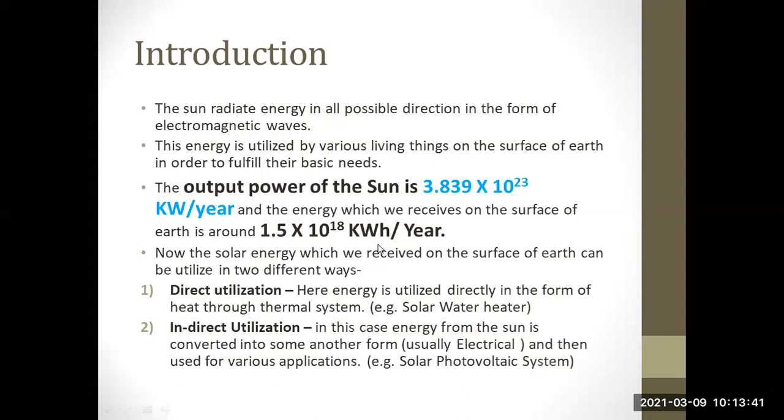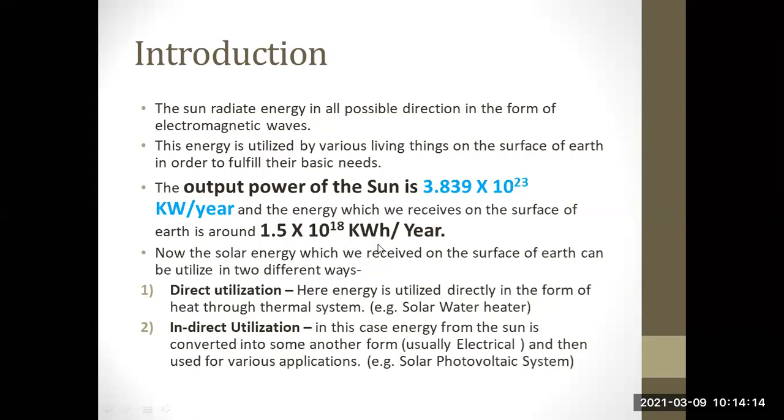So a solar photovoltaic system is a device which directly converts the input solar energy into output electrical energy, and then depending upon our applications, we use that energy for different purposes. Maybe to run some electrical appliances, it may be a fan, it may be a load, or it may be any DC machine. Suppose you are interested to run an AC machine, then in that case we need to convert that DC power into AC with the help of an inverter, and then provide it as an input to your AC load.